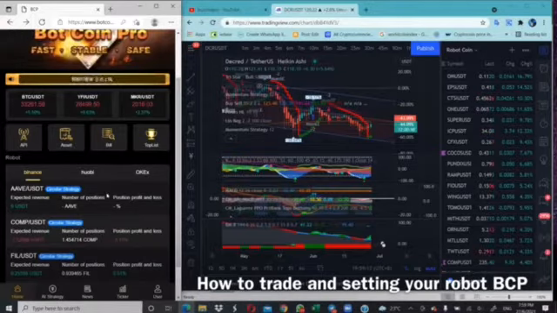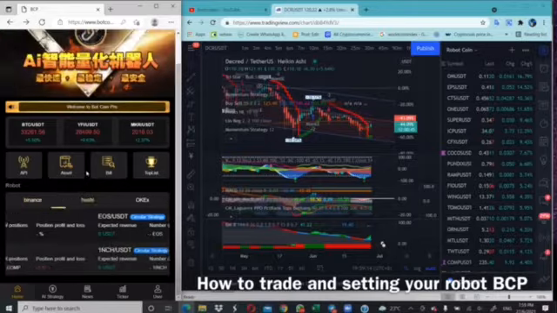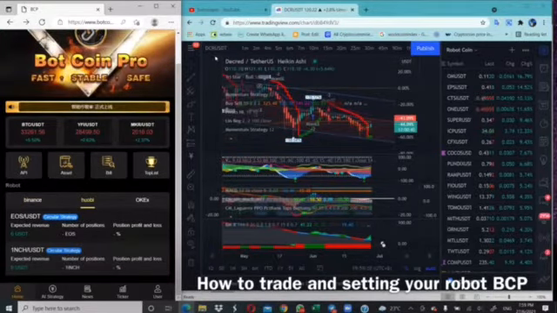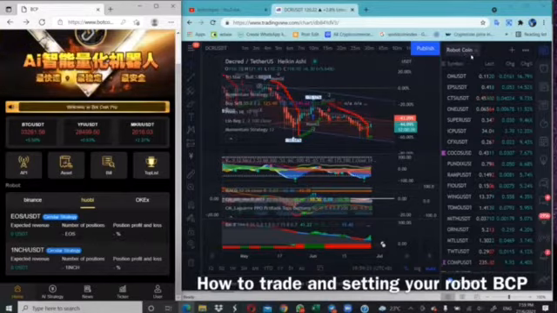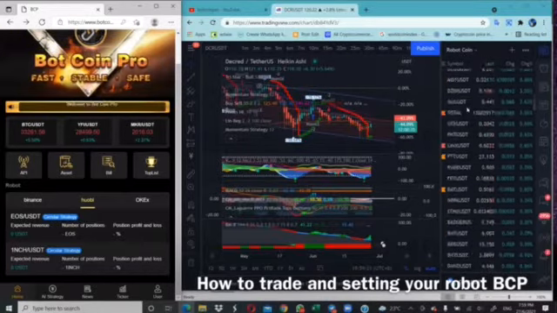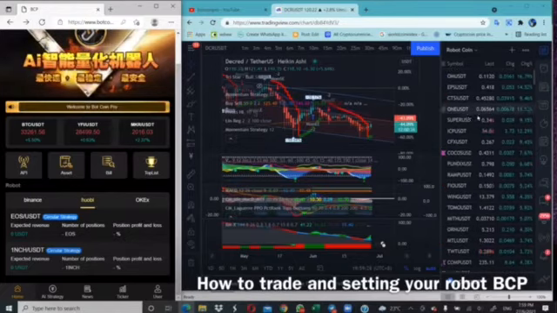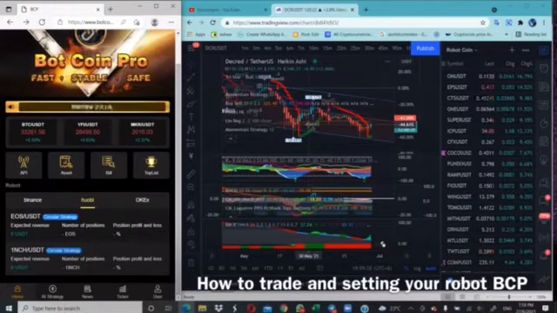First you need to choose a good coin. So I go to Huobi. For example, today I want to trade DCR coin. Here I listed all the coins inside the robot, around 250 coins. When I list them all, I choose one by one. Which one is a good coin?